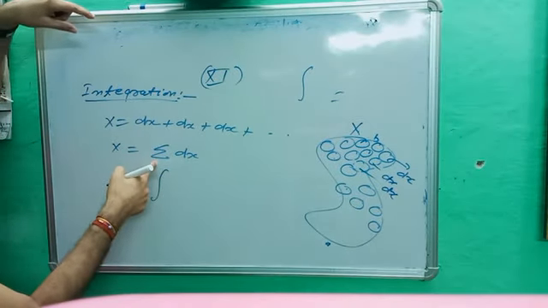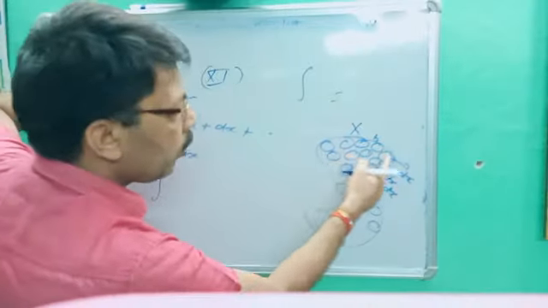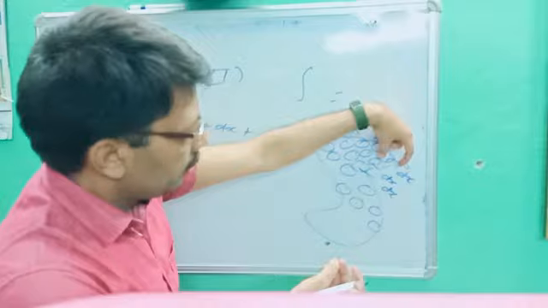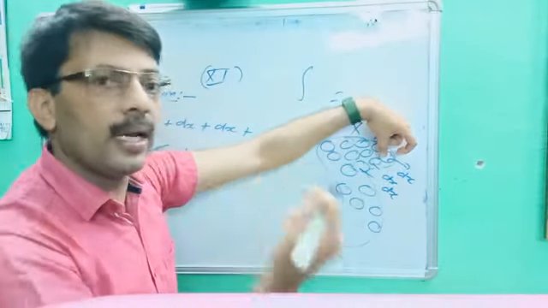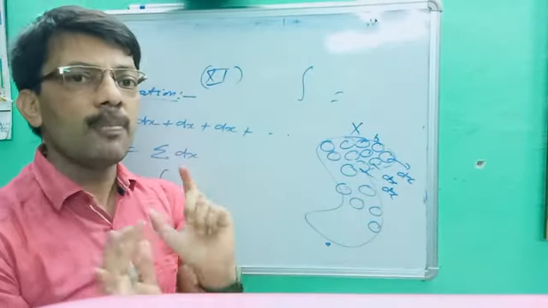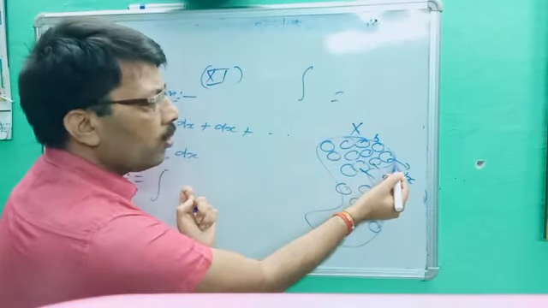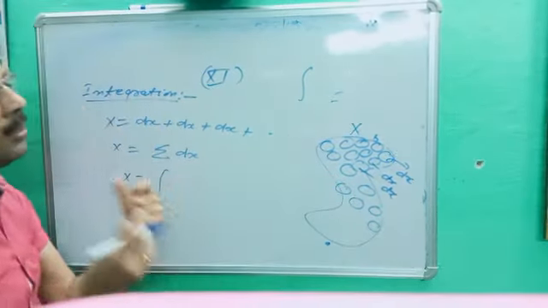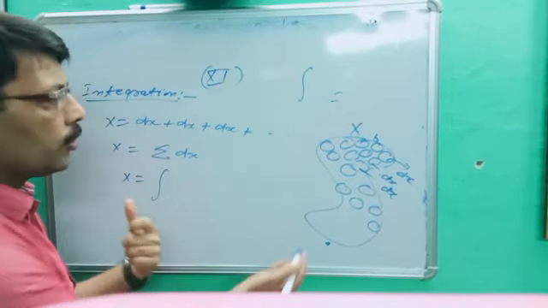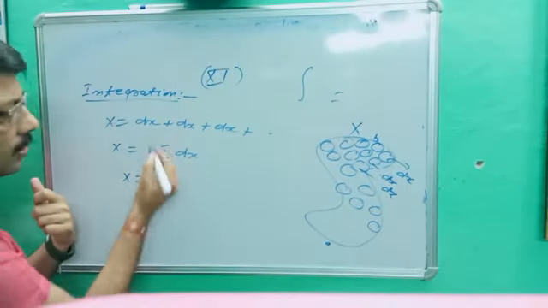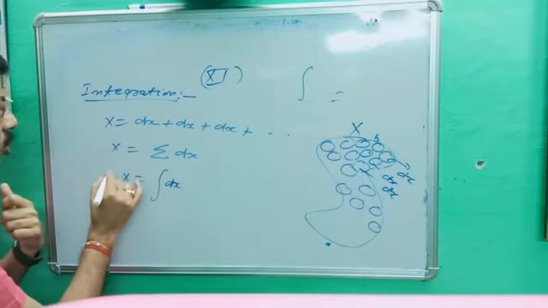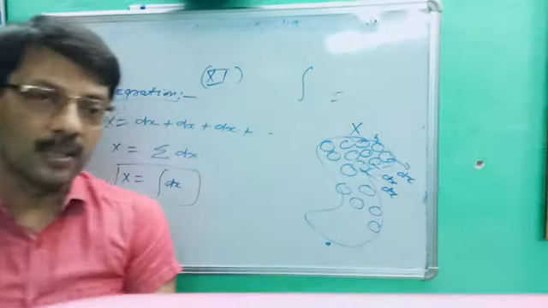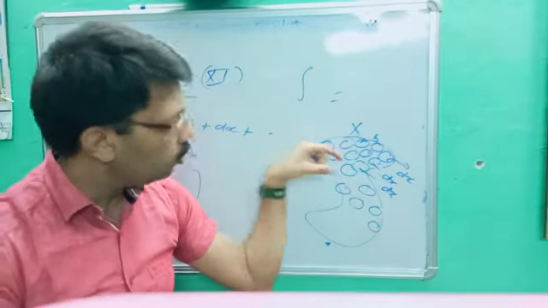That was summation, the same meaning is there, but in that case you have to go one by one. But here you choose any element and you integrate it, and directly you can get the area. This is the basic difference. In summation you have to go one by one for all. It is very time consuming, but in integration the facility is provided to you. You take any element and you integrate it directly as dx. This is the meaning of integration. It is like addition, but you do not go through one by one.